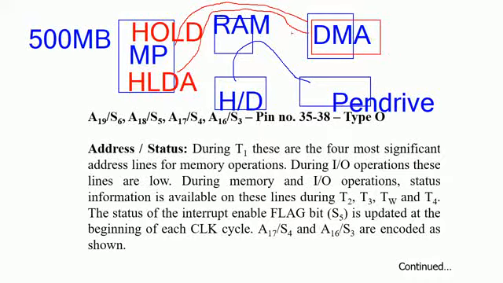Once the DMA controller receives the acknowledgement signal from the microprocessor, it gains the control over the system bus, which means the address bus and the data bus are now under the control of the DMA controller. So in order to show